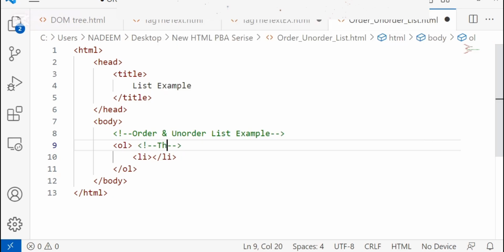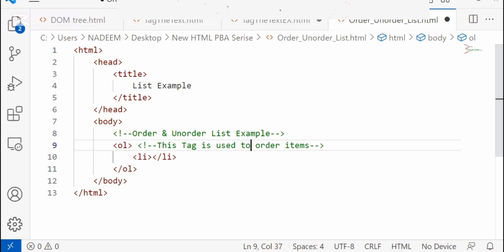Here I need to put a comment. In this comment I have to define it, that is very useful for you. The OL tag is used whenever you are going to order your items in a proper way. Actually, we can change this definition because this is very important.